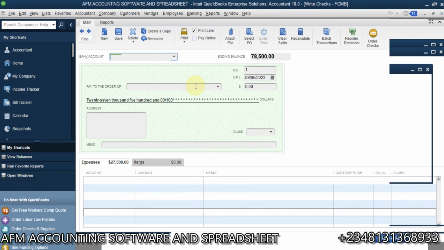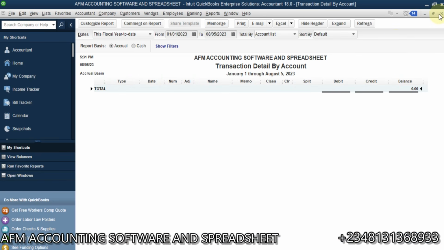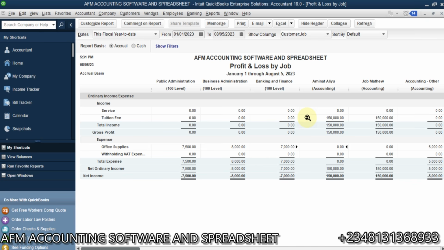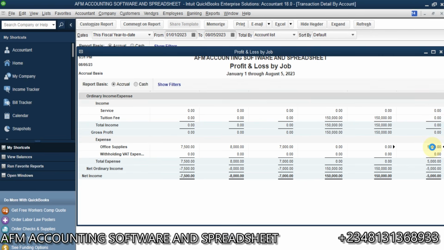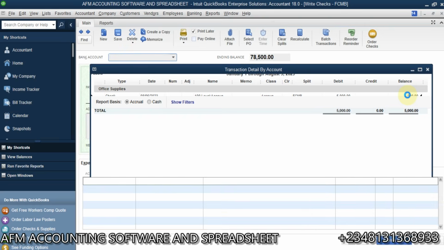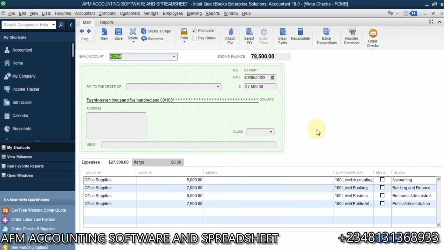From here now you see that the transaction would change entirely. So now you see we have the expenses on public admin, biz admin, banking and finance, accounting. Now the accounting is separated because we have income for Aminat and income for Job. Okay? Now the accounting order is having 5,000 here. Let me click on that 5,000. Which is this